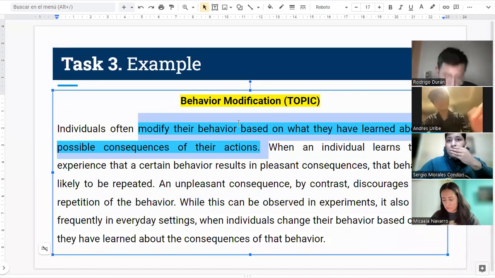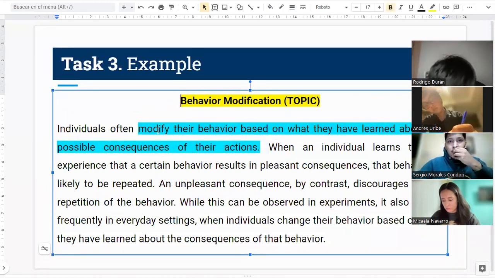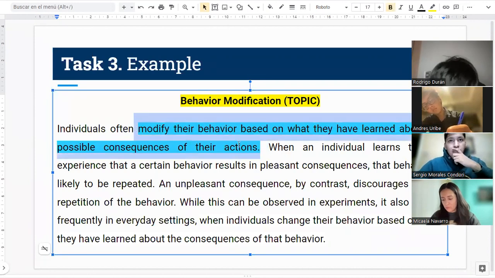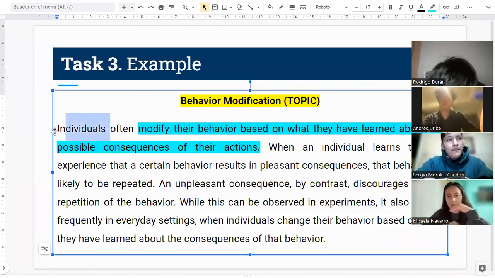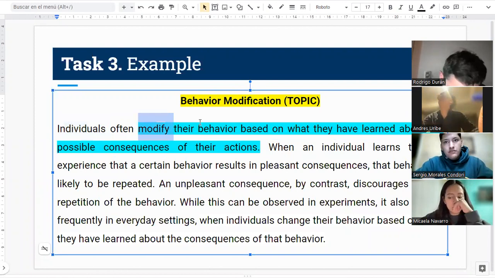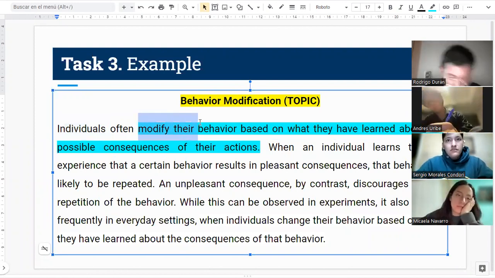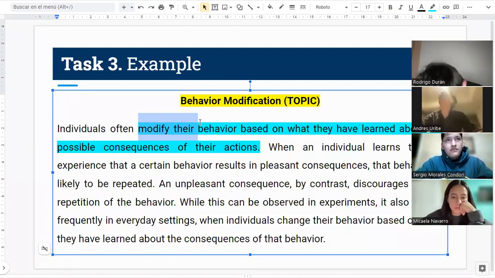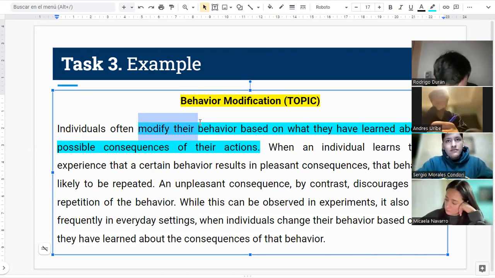And most of the time, you will have a specific part that's illustrating every single thing you had in the reading. So you're probably going to have an example of a person or of animals, of a group of people. You're going to see how they change their behavior, how they act, based on their learnings. So they're probably going to learn something based on their actions, and they're going to change their behavior. You already know what to expect in the listening. That's why it's super important that you search for the definition and that you find the correct definition here, so that when you're listening to the lecture, you know what to expect.